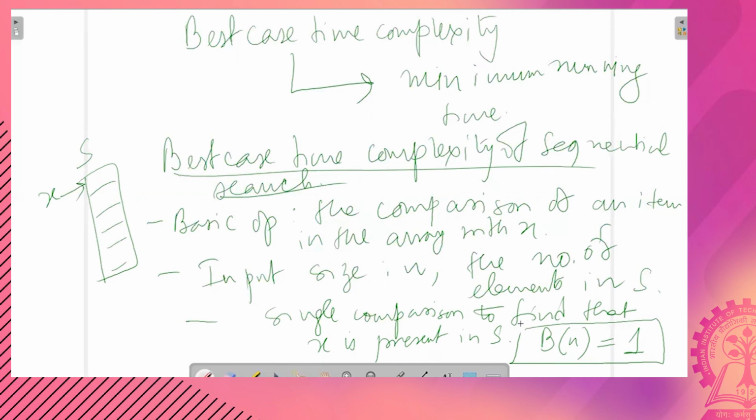So out of these three, the worst case, the average case and the best case, usually algorithm analysts are interested in the worst case and average case complexities. The best case is rare and therefore is not of much interest. What is of interest is the worst case and the average case time complexity analysis. So we will stop here, and in the next class we will start with complexity function and the notion of order.